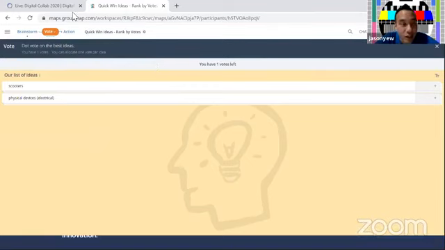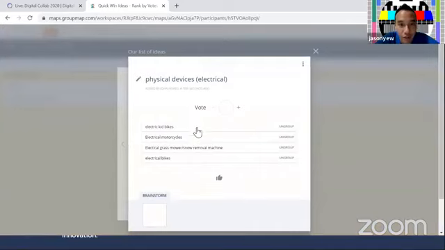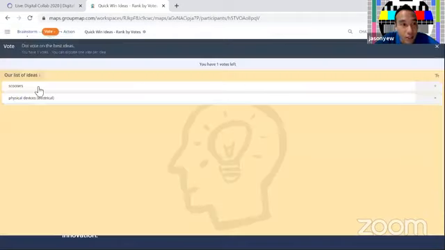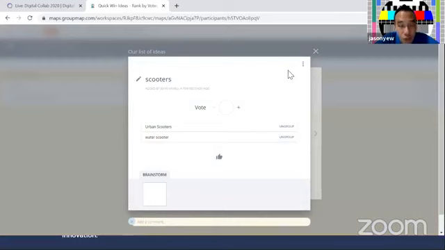So, we're more or less there. We've identified scooters and physical devices as our quick win, but we're not quite there yet. Just a quick refresh. Physical devices, electrical: electrical kit bikes, electrical motorcycles, grass mower, snow removal machine, electrical bikes, right? And the other one, scooters: urban scooters, water scooters.